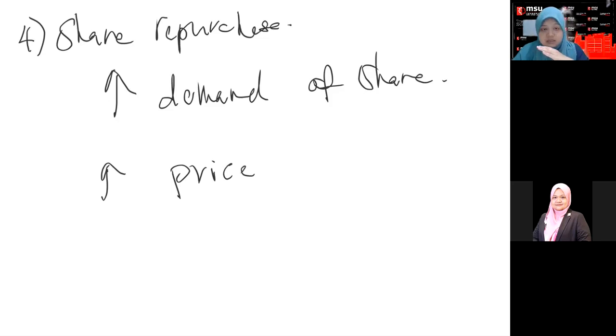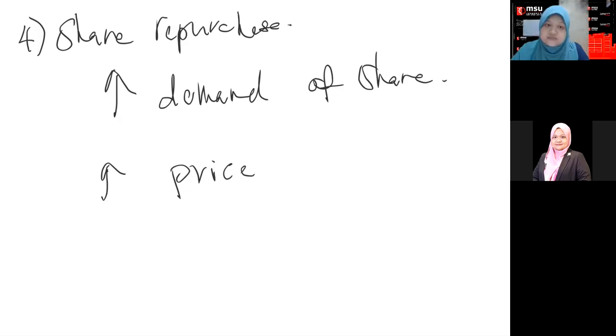In a normal way, before this, we do the stock split and the reverse stock split because the company wants to increase the price per unit. But the company can also increase the price per unit naturally by increasing the demand. So they invest in the company by buying their own shares. So that is one reason.